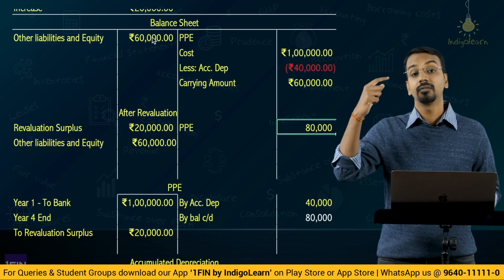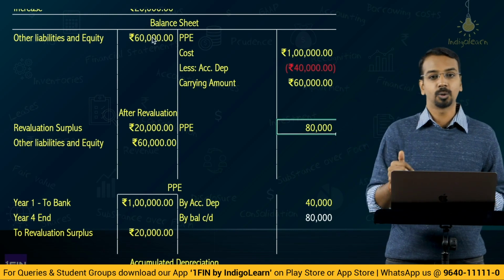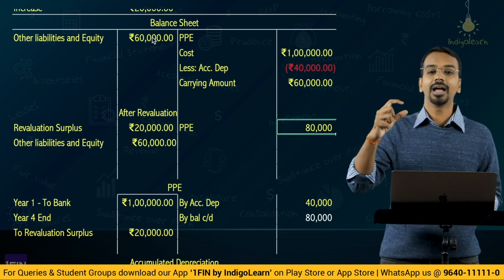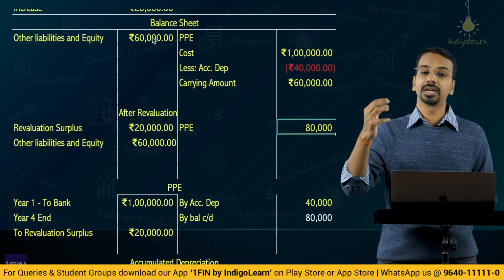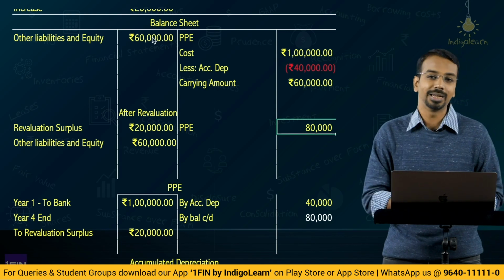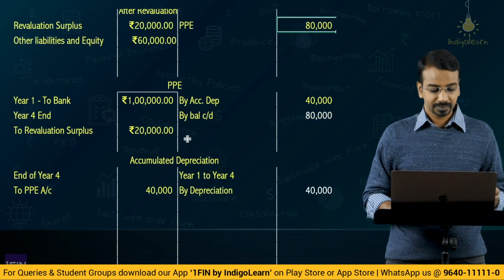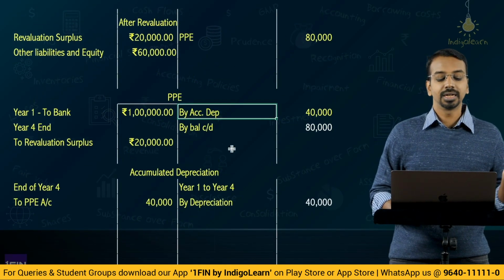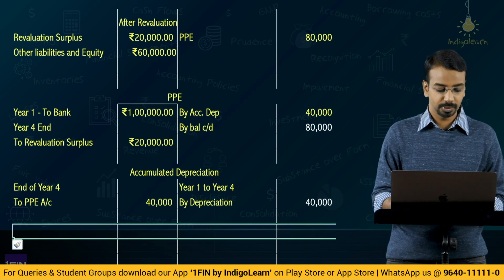What did we do here? First step, transfer the balance of depreciation to the PPE account. Then calculate the amount of revaluation. Then debit the PPE account with the upward revaluation and credit revaluation surplus with the increase in value of PPE. So, what would be the journal entries if you take it one by one? First entry, what we did was we transferred the accumulated depreciation to PPE account. So, the first entry would be